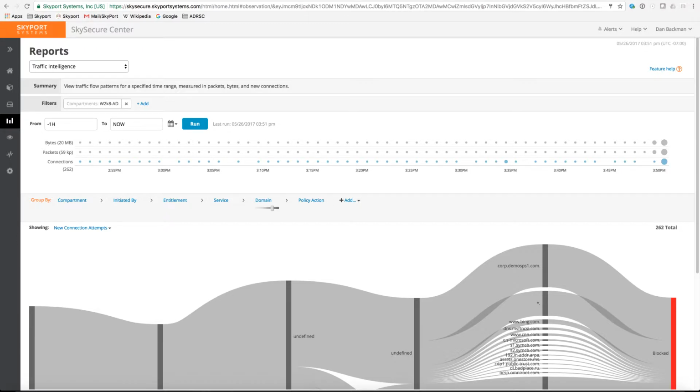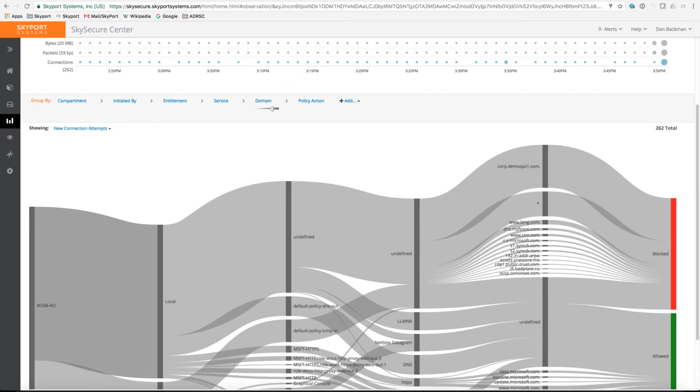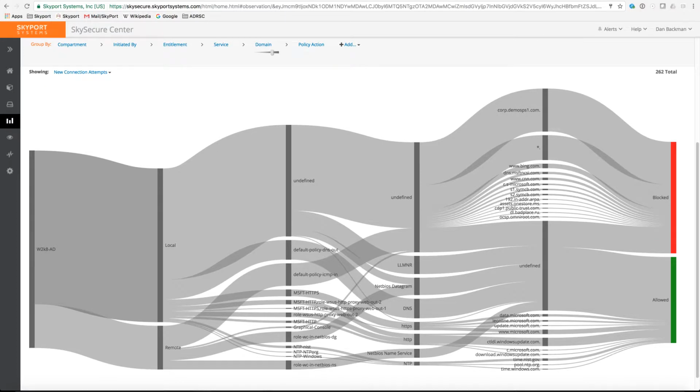All traffic that passes through the microsegmented network inside the Sky Secure system is also subject to visibility. What you're looking at now is actually a report of every conversation that this single virtual machine had in the past hour. Now this is powered both by collection in hardware inside the platform. There's custom hardware that actually creates and runs all the software-defined networking functionality inside the Sky Secure system. And this is powered by a web-scale reporting engine as part of the cloud management service. And what this allows us to do is offer a highly scalable view of all traffic going through every VM compartment. And what you see here is actually a report of all of the observed flows going into and out of the system.